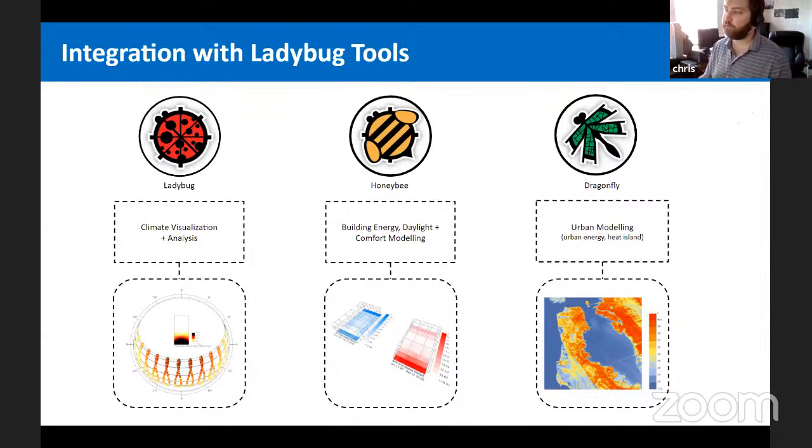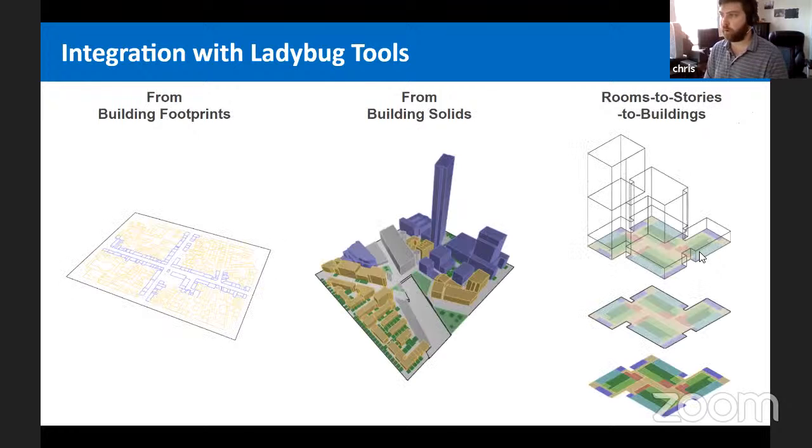if you're interested in playing with the interface. And also everything I'm showing you is particularly integrated into this Dragonfly plugin. So some of you may be familiar with our Ladybug and Honeybee plugins that are meant for climate visualization and modeling of individual buildings. But Dragonfly is specifically targeted and optimized for the urban scale modeling of URBANopt. And all of the integration and connection to URBANopt is through the Dragonfly plugin. So with that preamble, we've tried to give a range of workflows that users can take advantage of in order to construct urban scale models for URBANopt.